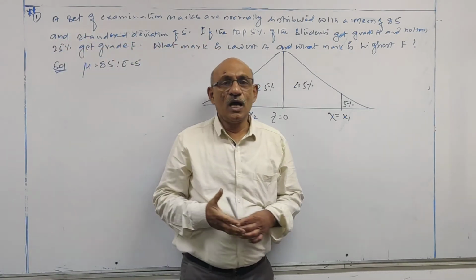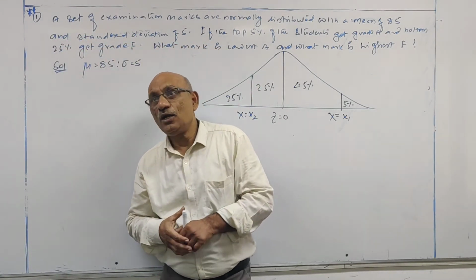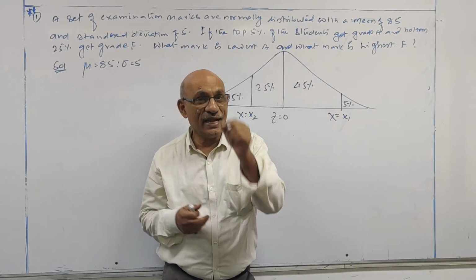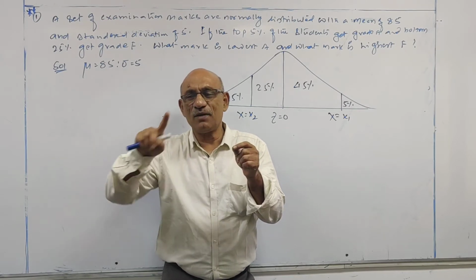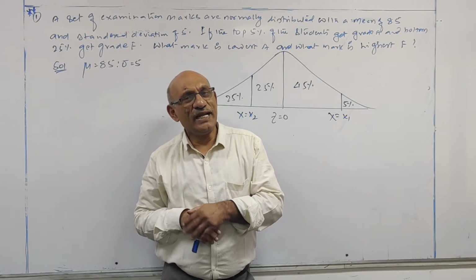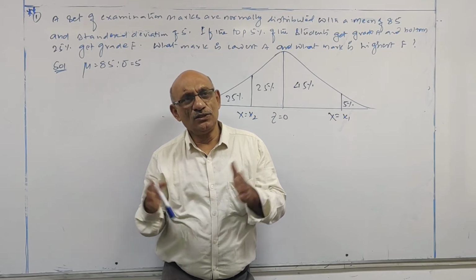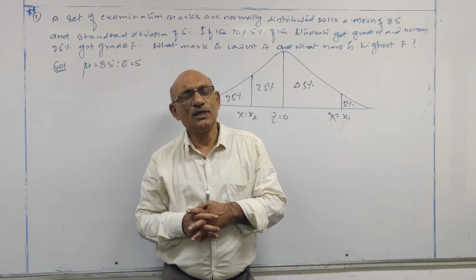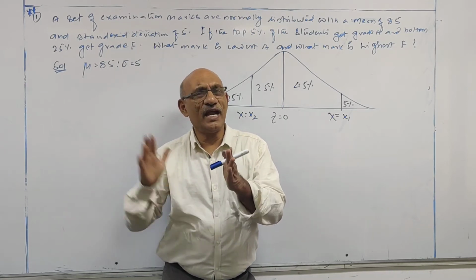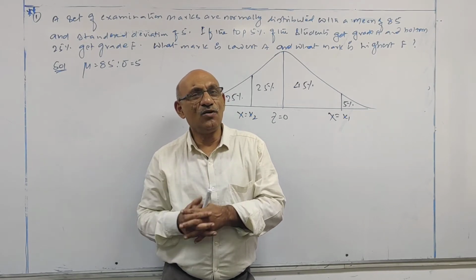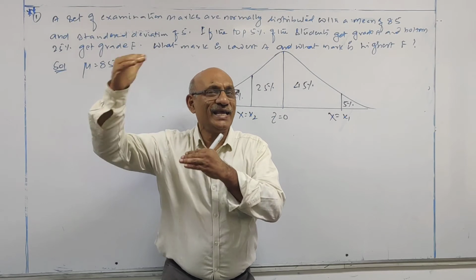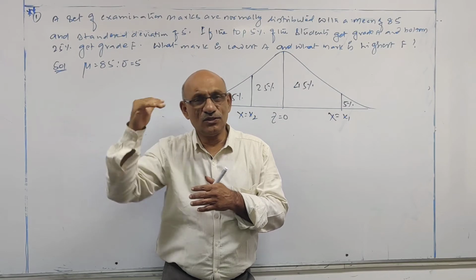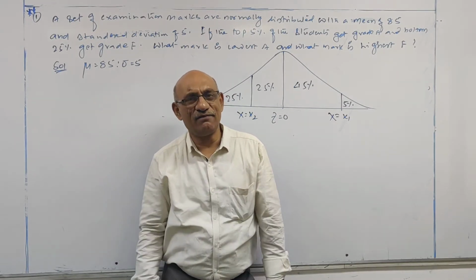Now, to enter into grade A, what will be the least mark you have to get? 95, because grade A will start from 95 and above. So what is the minimum mark for grade A? 95. In the same manner, if your score is between 30 and 35, then you are in grade F. To get a higher grade, you have to get more than 35. So 35 will be the highest mark in grade F.